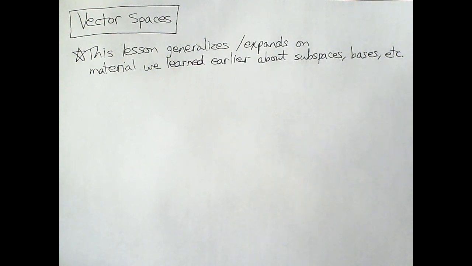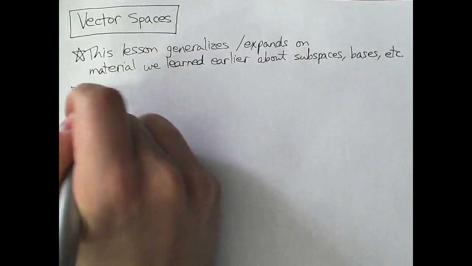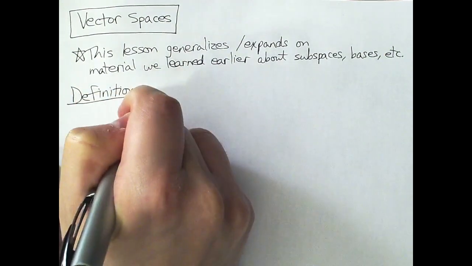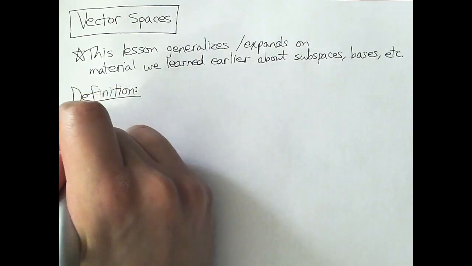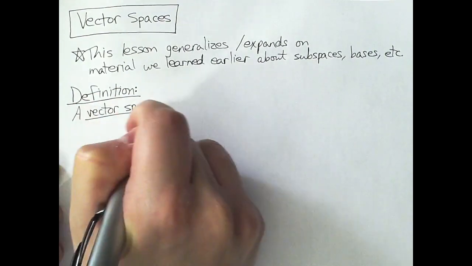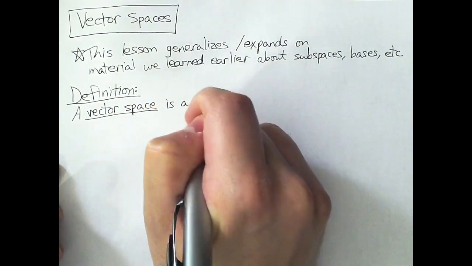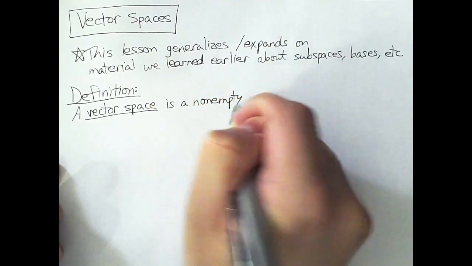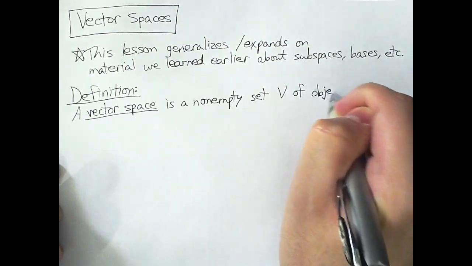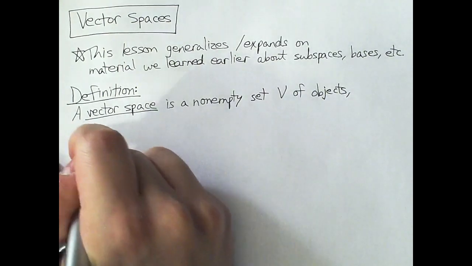All right, so what we're going to do is jump right into the definition of a vector space, because you might be wondering, what is a vector space? And this is a pretty long definition. So let's get started. It's not a very difficult definition, it's just a long one. So a vector space is a non-empty set V of objects called vectors